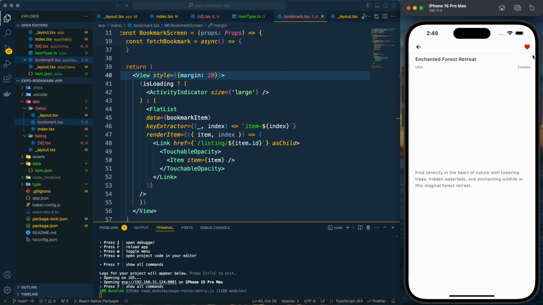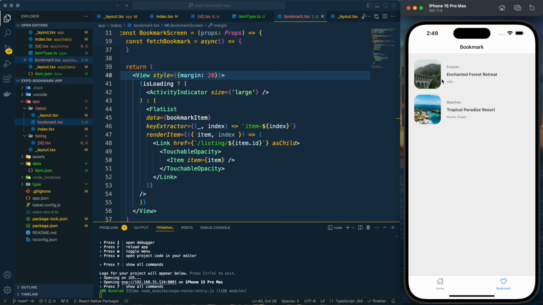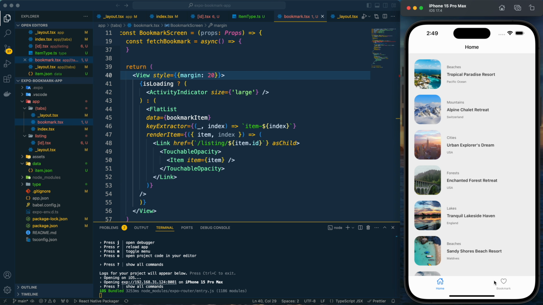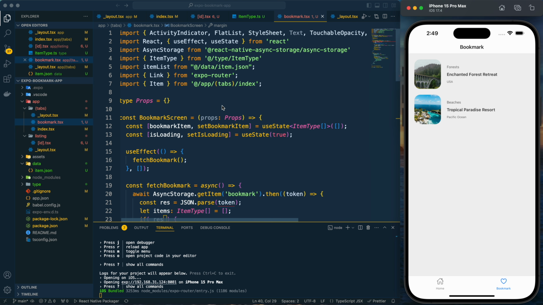Now I want to do another thing. Here if I click here, then it is being removed from here, but if I go back, then here I can see that it is still present, right? And if I go there and come here, then it is still present, it is not updating this, and that's why I need to handle.